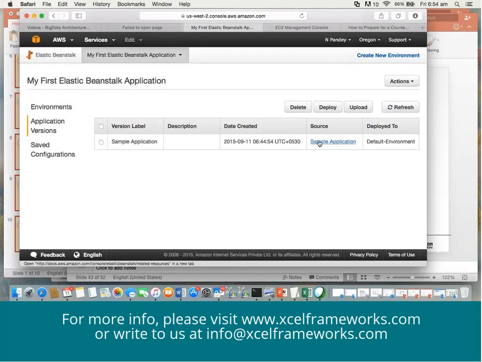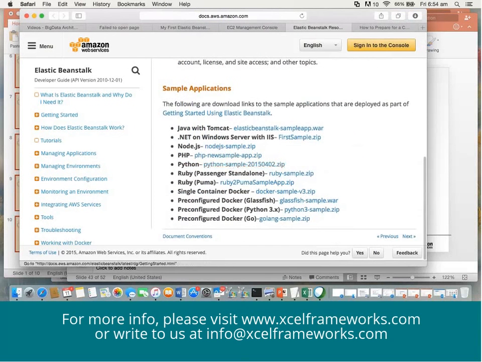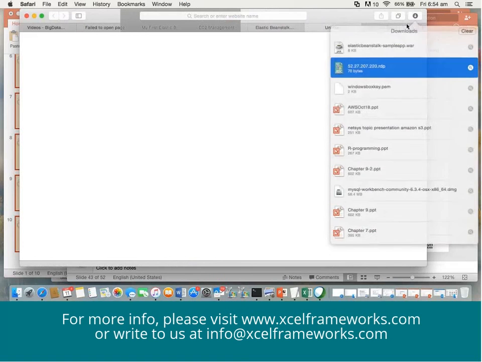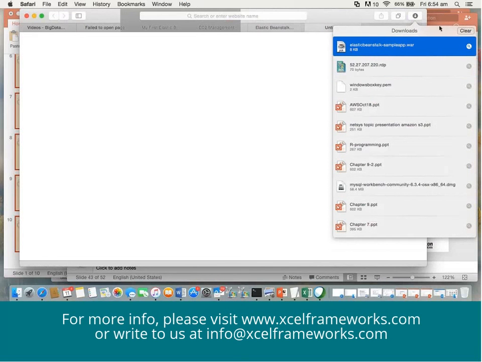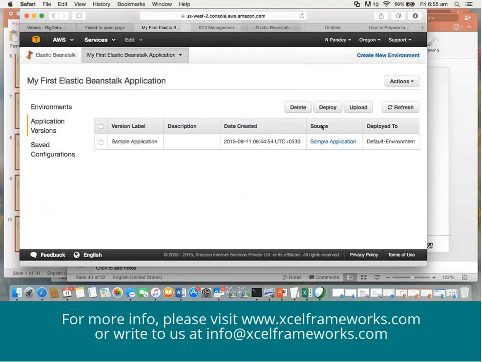This is the sample application, which is already deployed. It gives you this war to help you in testing it. I'll deploy this war now.